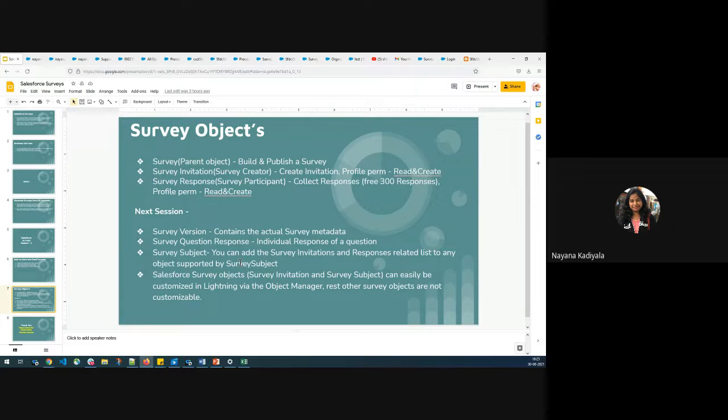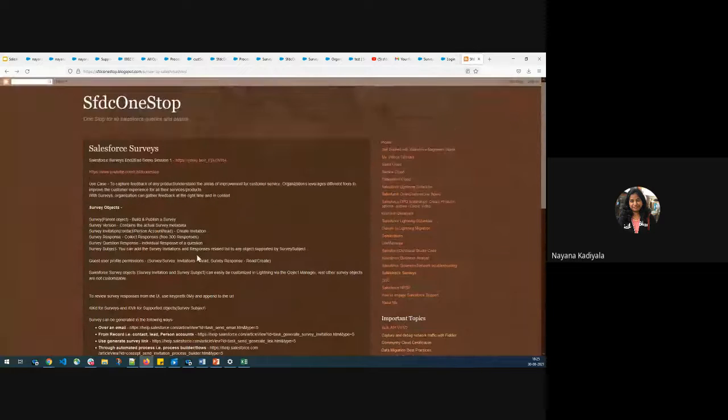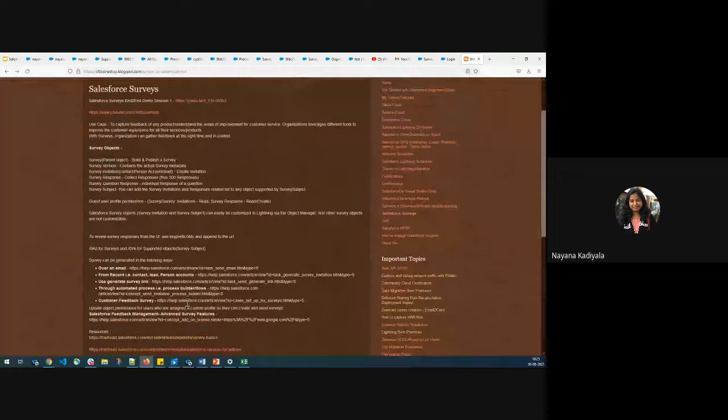There is an article which I have published in my blog as well. So this is a blog post. You can go to the article, which talks about which objects are supported by survey subject.